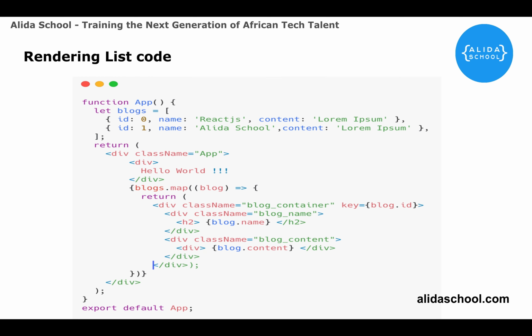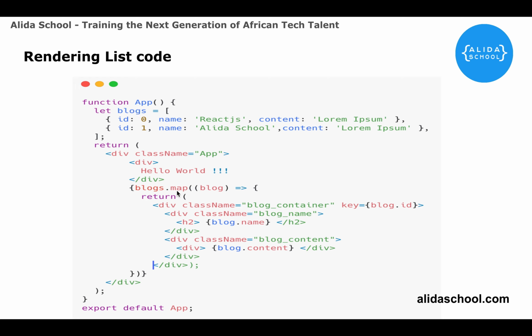Now in this code here, we are still looking at the app.js file, where we have an array of blogs. Inside of the array, we have two elements, each of them having IDs, names, and content. Now in our className div, where we are going to render our output, we first have the hello world that we used earlier on. Then we are going to loop through the blogs